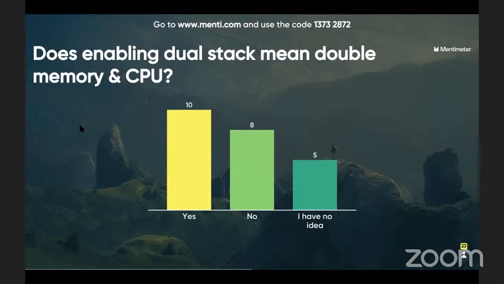So we have a tie. The yeses are having it. So it's a yes or no answer. Very quick to